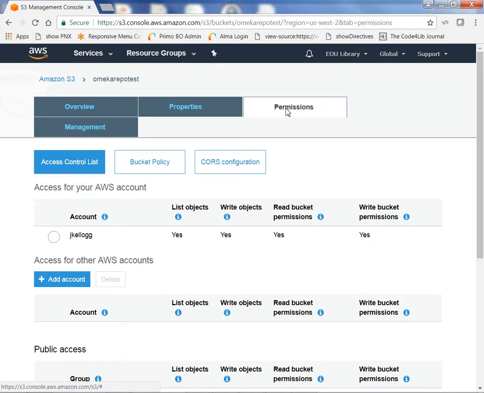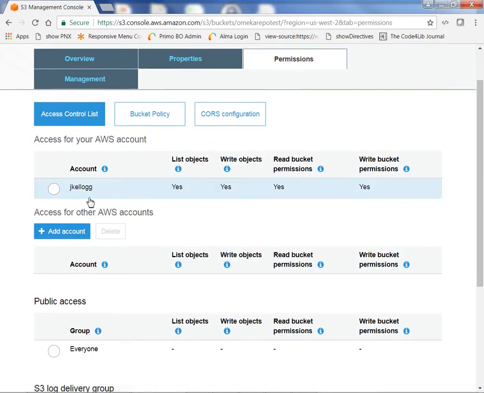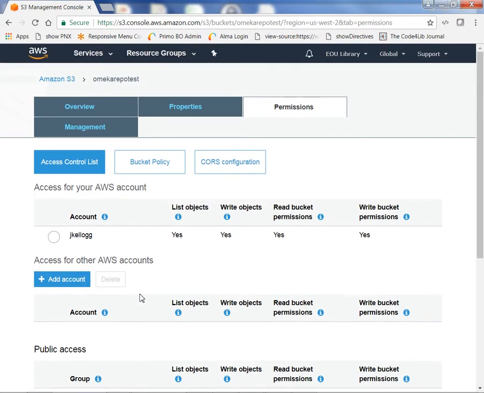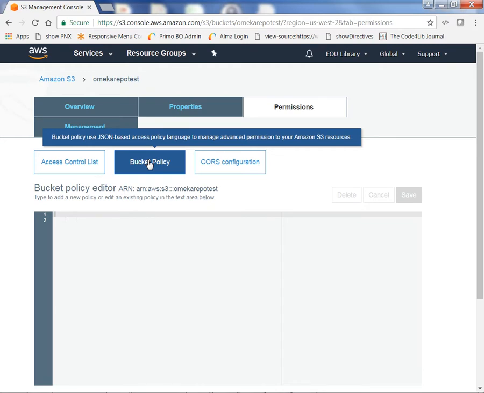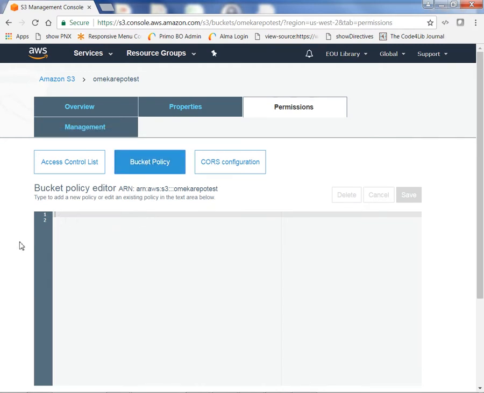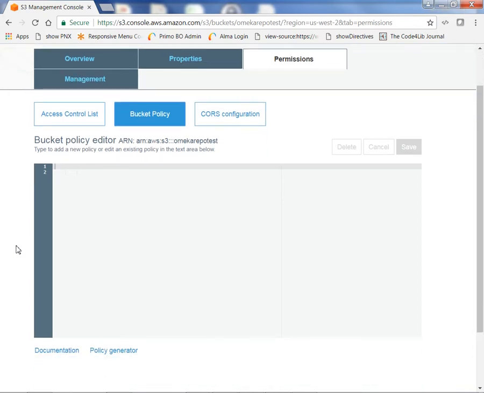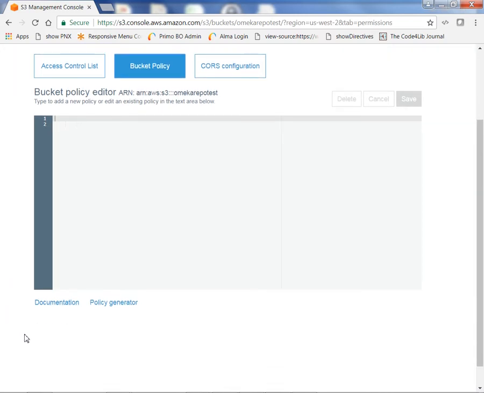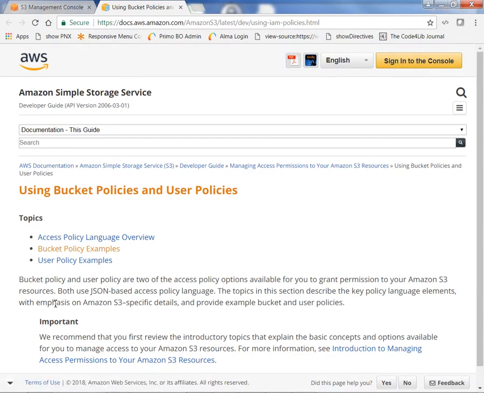And from here, we don't need to worry about any of this stuff. We're going to set things up in the bucket policy. And so here we need to add in a little snippet of code so that our Omeka users can view the images that we're putting into the system. And the best way to go about this is if we go to Documentation, and if we go to Bucket Policy Examples,